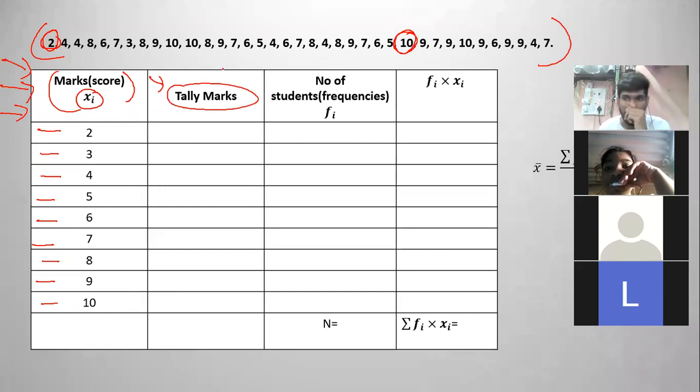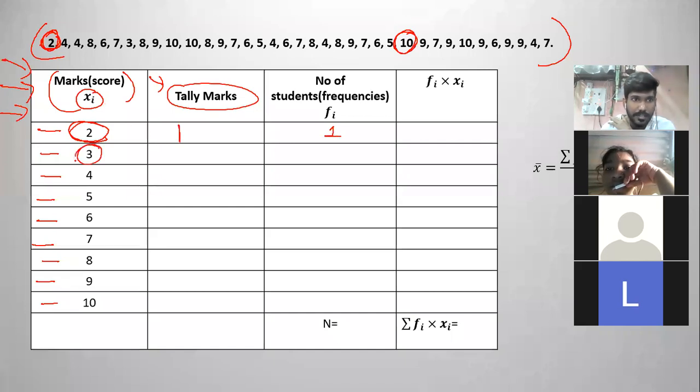We'll see that. Now look, the first is 2 here. In your data values, you see 2. So here there is one 2, so you put one line here. Then you check where there is another 2. That's it. There's just one 2. So here you write 1. Is this clear? First one. Yes.